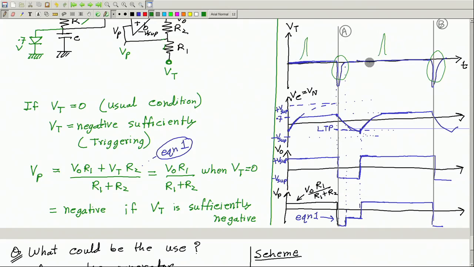And I request you to think yourself and be satisfied with the fact that this will not have much effect. So, only these negative pulses will